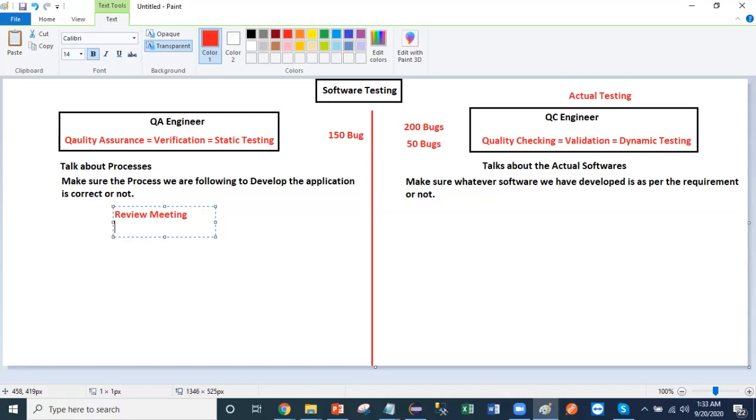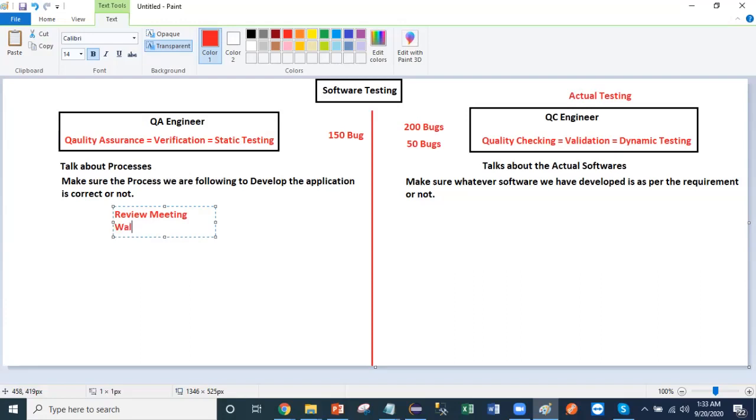But if we have followed the proper process, if we wear the mask, if we wear the gloves when we go outside, that means we have followed the process emphasized by the government, and so we are safe from the corona. This is the same thing we are doing over here. We are making a proper process, so we will have fewer bugs in the actual testing.